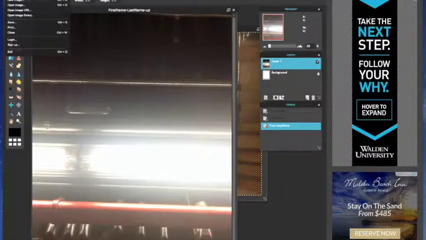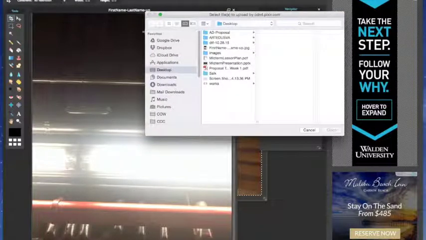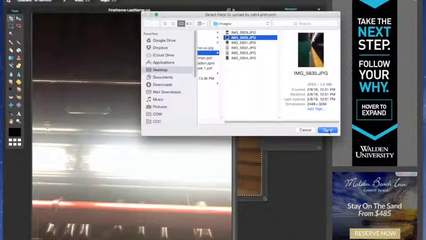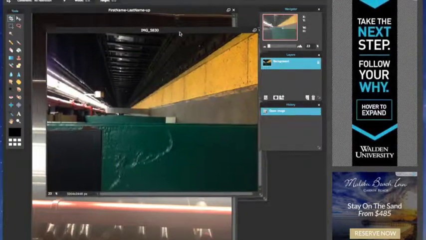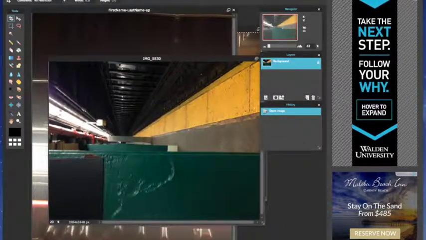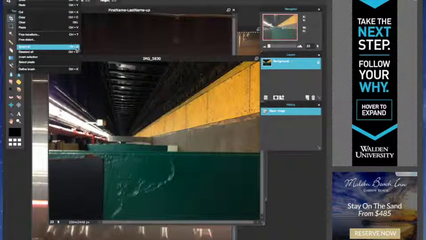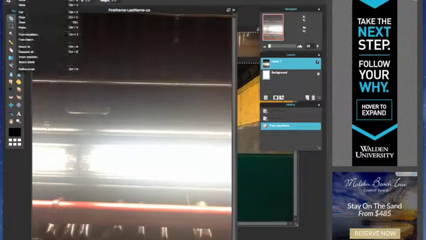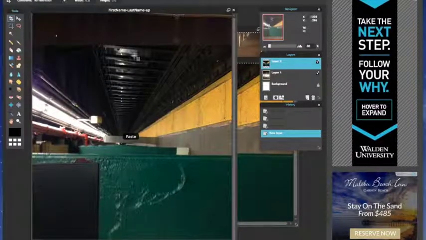So I'm going to go to File, Open Image. Select my side image. We're going to keep with the subway theme. Here's our image right here. I'm going to select all. Key command for this is Control A. I'm going to copy it, edit, copy. We're going to paste it in our document, paste,